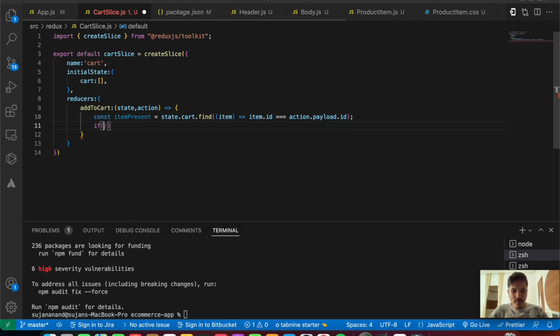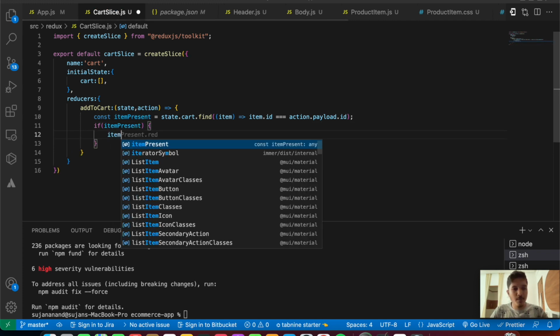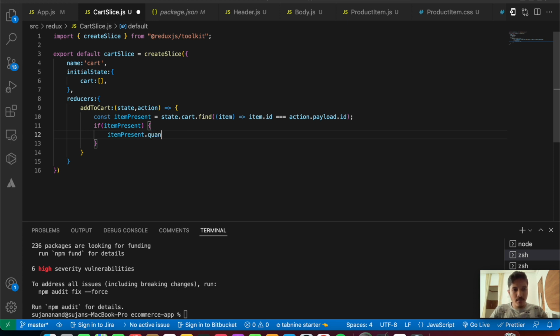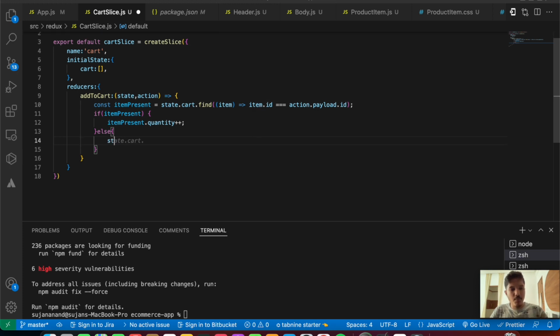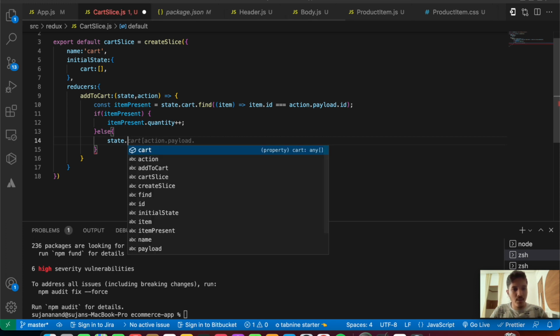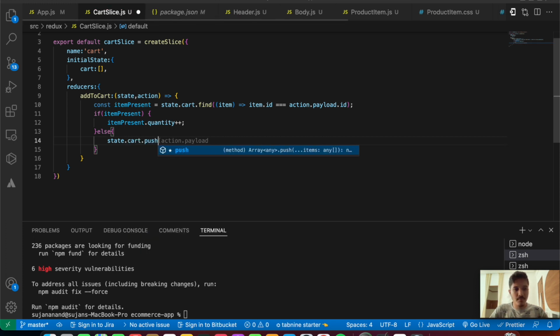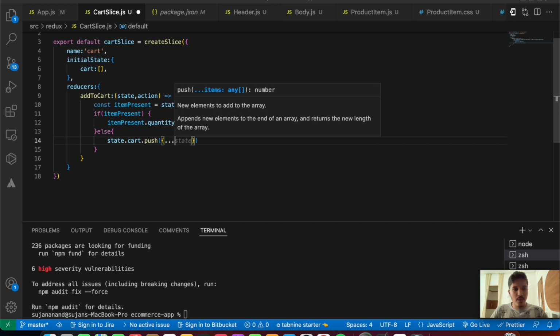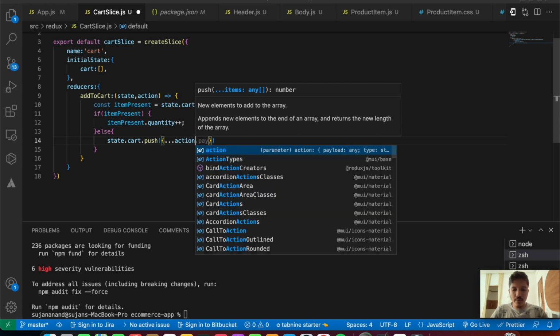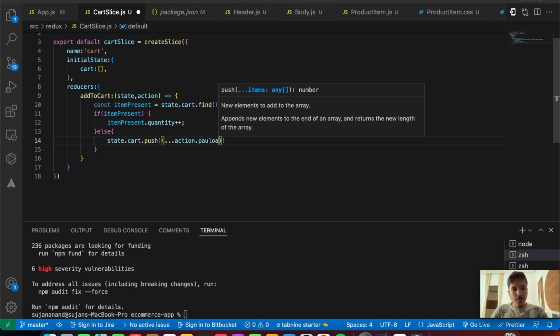So we're going to say if item present, what we're going to do is say item present dot quantity plus plus, like this. Else, if that's not the case, that means this condition has become false and the user has pressed the add to cart button for the first time. In that case we're just going to push the payload. So we're going to say state dot cart dot push whatever is there inside of our action dot payload, that is basically all the details that we give, that is the image,